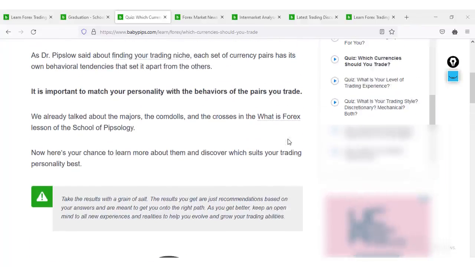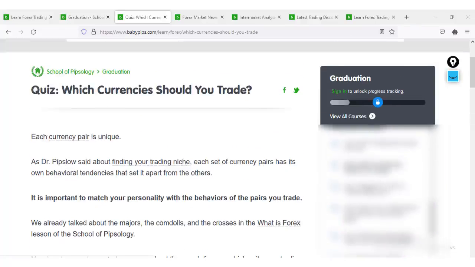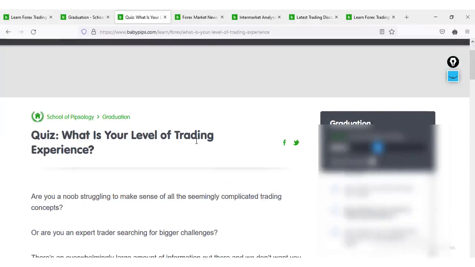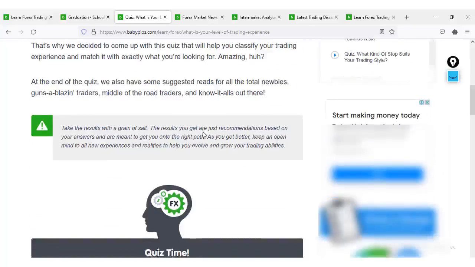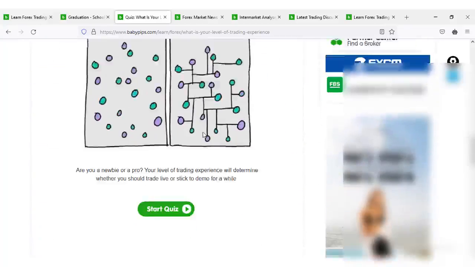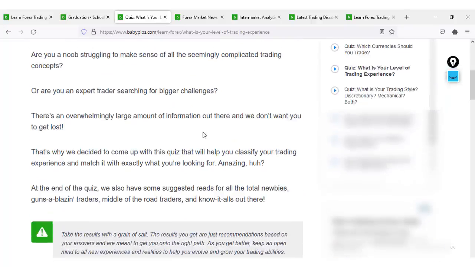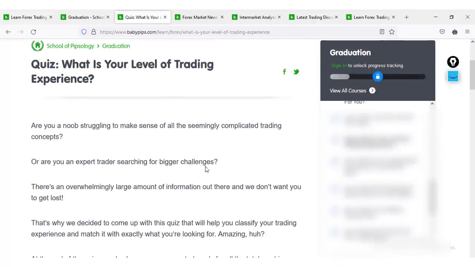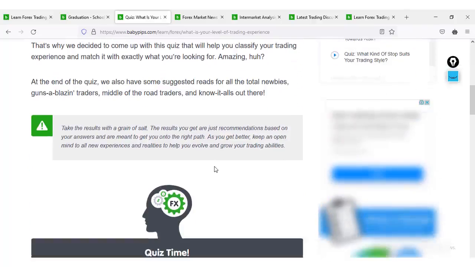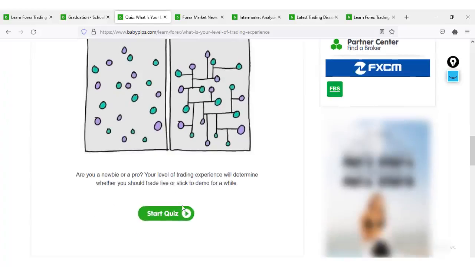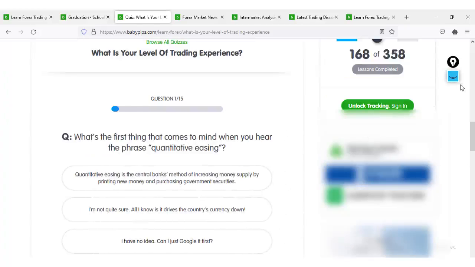And then after that, I got to quiz number 3, which says what is your level of trading experience. In this quiz, they will also ask you several questions. Are you an expert trader? Are you a newbie? And all that. So I did my quiz, and after doing my quiz, I was told I am